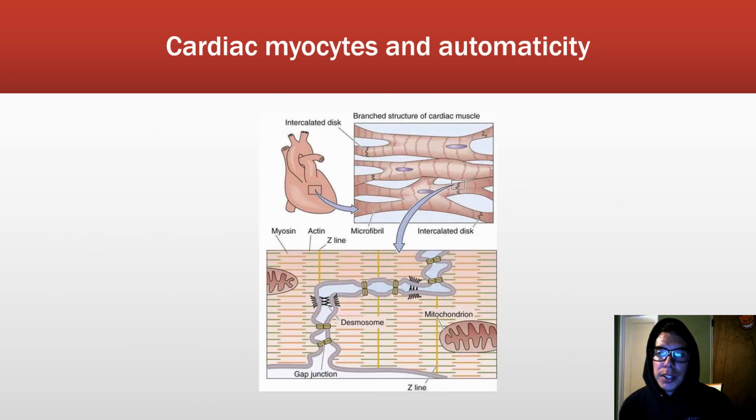So, cardiac myocytes and automaticity. These are your muscle cells. Where these little suture-looking things are, there's something called